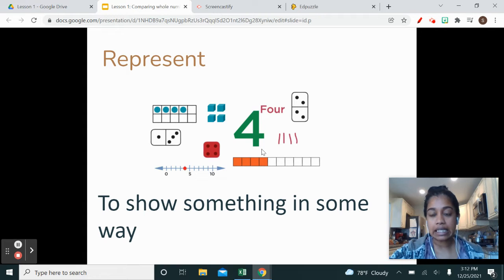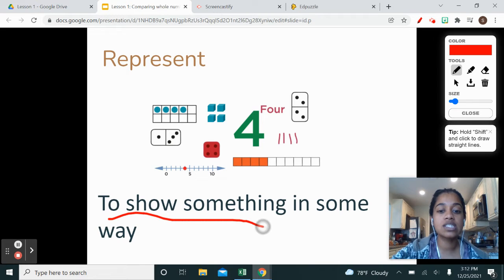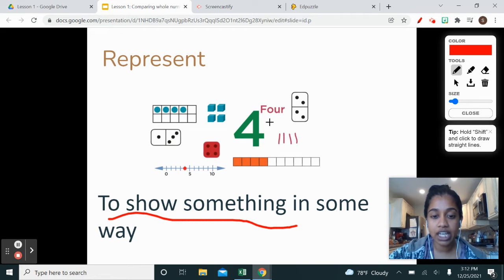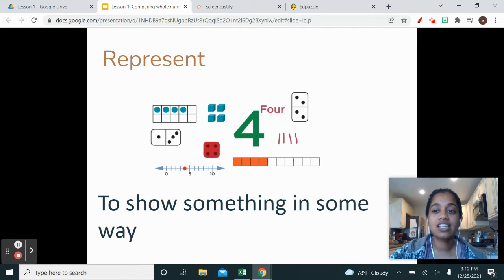What does represent mean? To represent means to show something in some way. Over here, we have the number 4, and we have all these different ways that we can represent 4. We have 4 on our dominoes, 4 on our dice, 4 units, and 4 little tally marks, a bunch of different ways we can represent 4. So it's just some way to show something. Our next word that we have is